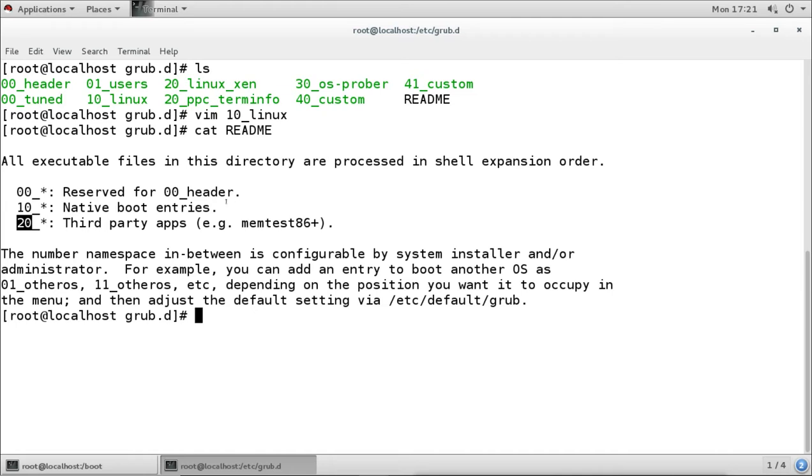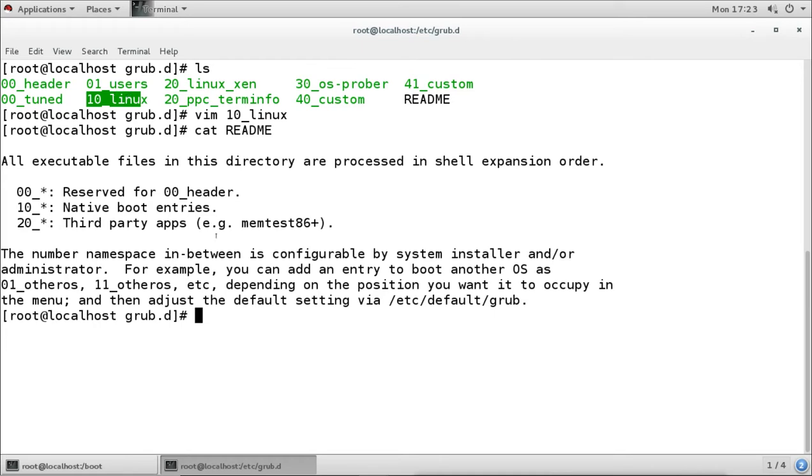If we want an entry before the default, we can add it before this number 10, and if we want to add an entry for a boot kernel after the default one, then we can add after this 10, like 11, 12, 13. It can be added manually or automatically by the installer. Like if I install a kernel, the entry can be added here automatically in this directory.